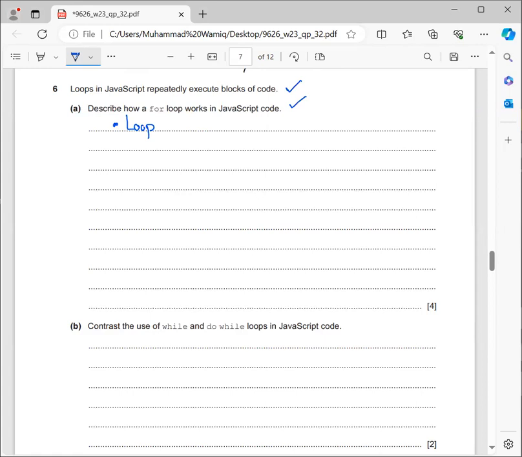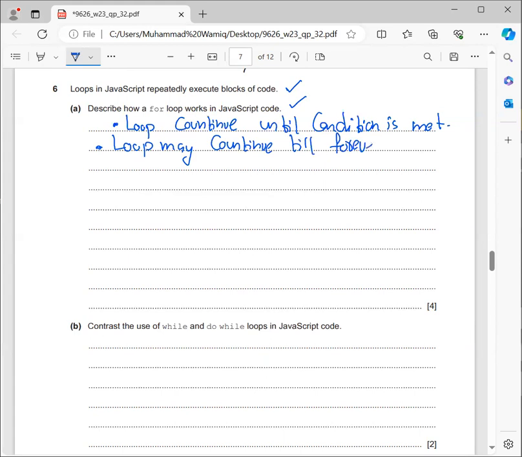So the first thing I can write is that the loop continues until the required condition is met. For the second point, I can write that the loop may continue forever,